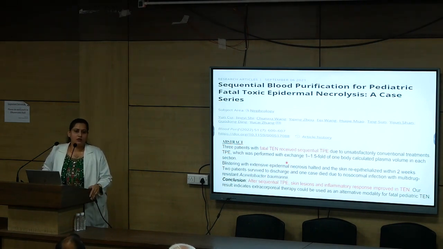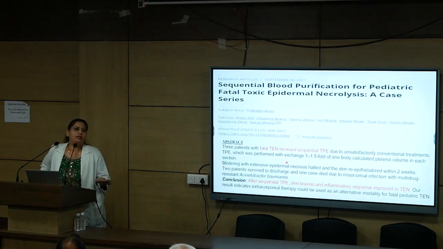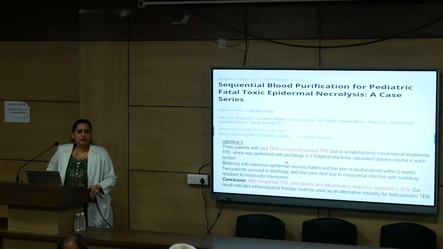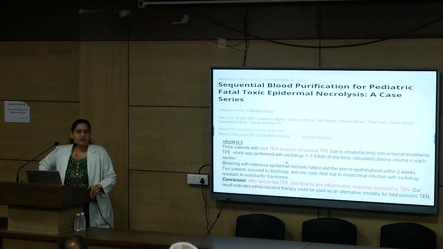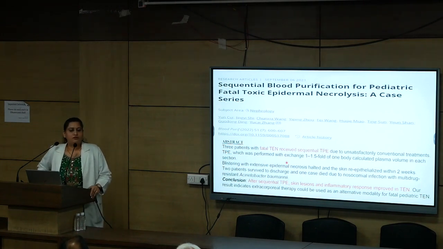We don't have it here. So it is typically on a clinical basis, judging how much clinical improvement there is. There are no markers; you could have done IL-6, tumor necrosis factor alpha and interferon gamma, but this was not done in